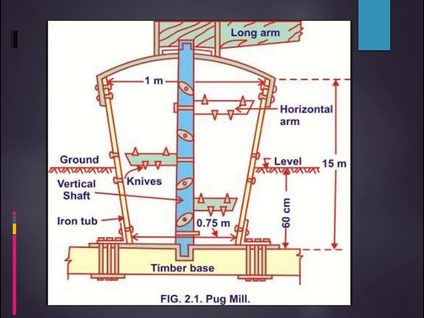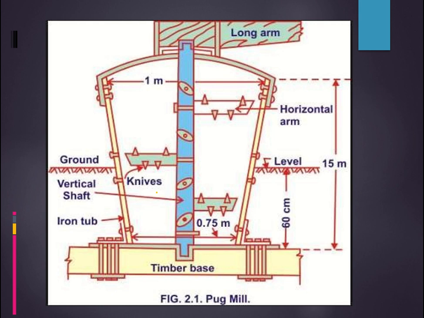When the vertical shaft is rotating, these horizontal arms also rotate. So we pour water and clay into it, and hence the kneading of the clay takes place. To say it very simply, it's like our blender. You have a mixer, right? We pour our ingredients into it, and inside the mixer you can see some blades. Assume those blades to be like the horizontal arms and knives. You pour into it and switch on the motor, and it will turn round. That's how the same operation takes place.